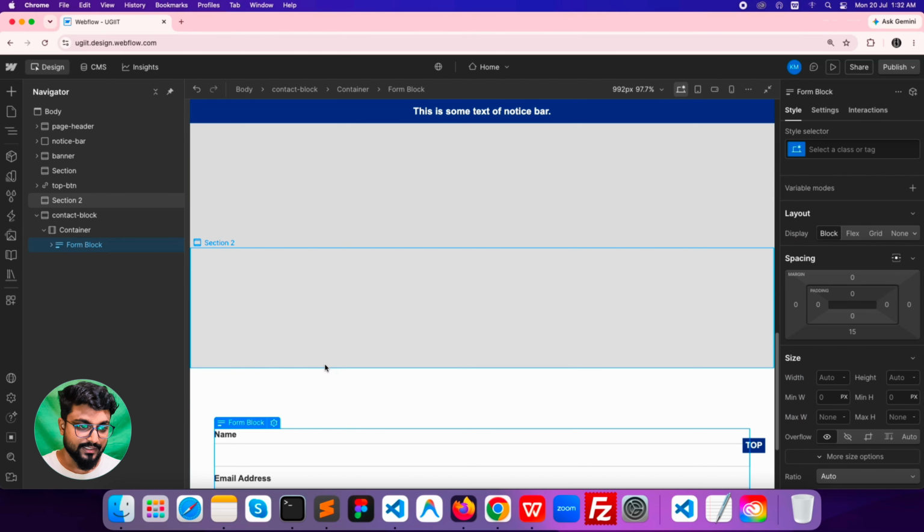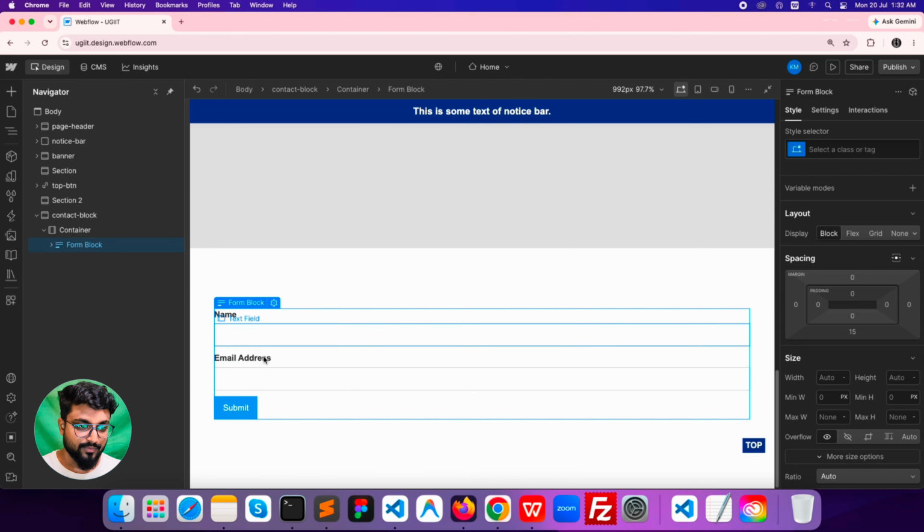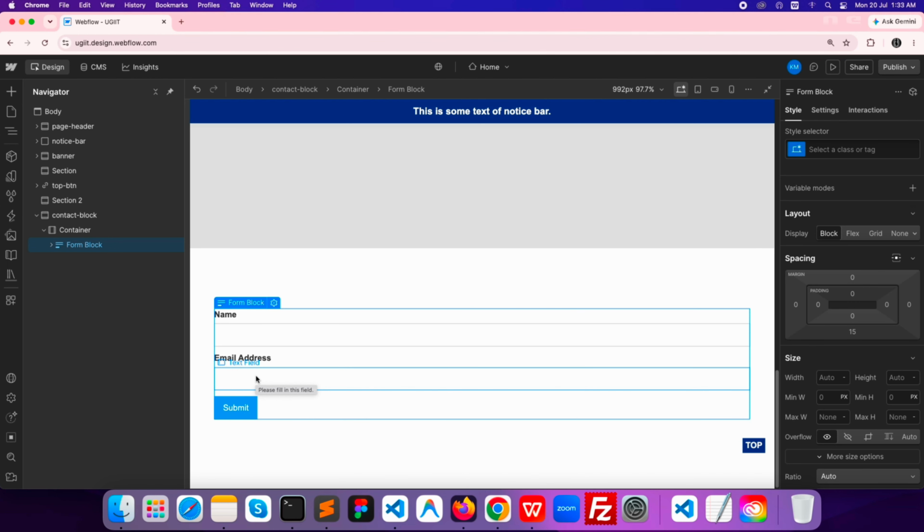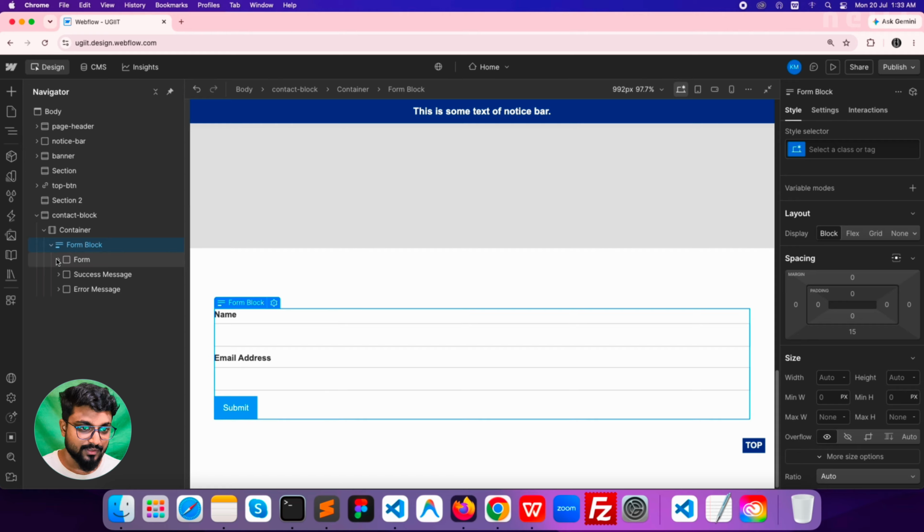And let's see, this is the default form, that is name and email. So pretty cool, but this is only the beginning, because in the next step we are going to make it look like a premium website. So now I have improved the form structure. In the form block, inside the form,